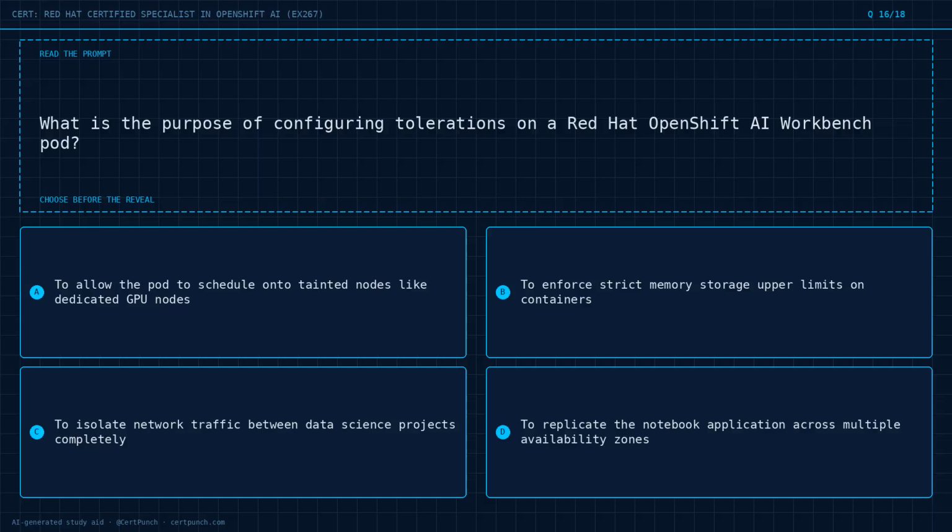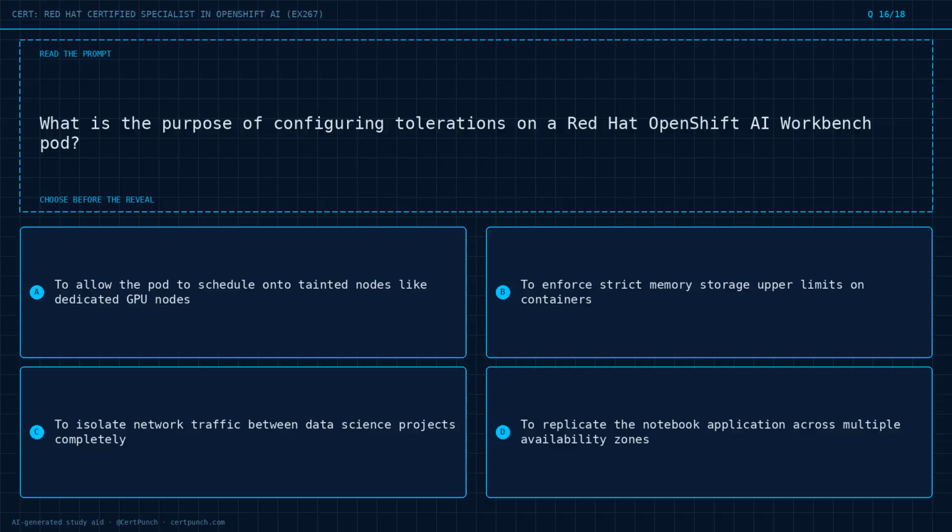Question 16 of 18. What is the purpose of configuring tolerations on a Red Hat OpenShift AI Workbench pod? Option A. To allow the pod to schedule onto tainted nodes like dedicated GPU nodes. Option B. To enforce strict memory storage upper limits on containers. Option C. To isolate network traffic between data science projects completely. Option D. To replicate the notebook application across multiple availability zones. Make the call